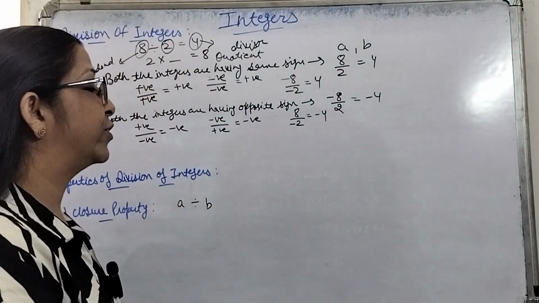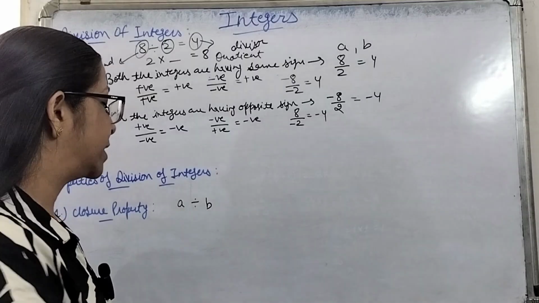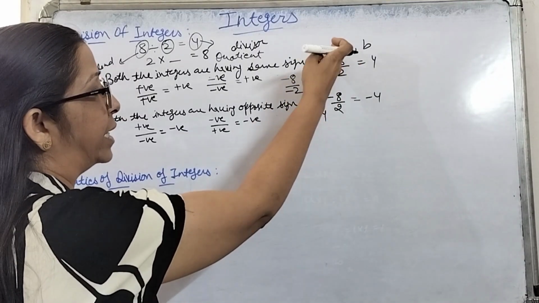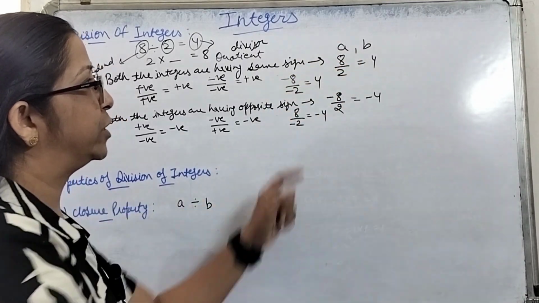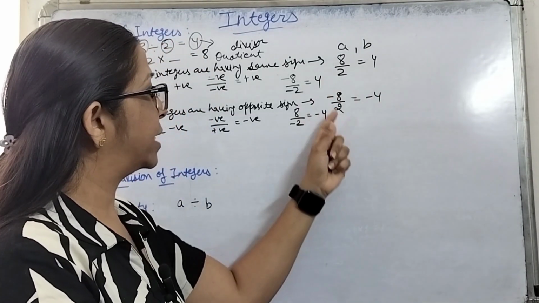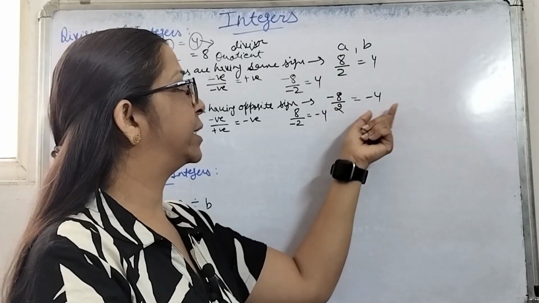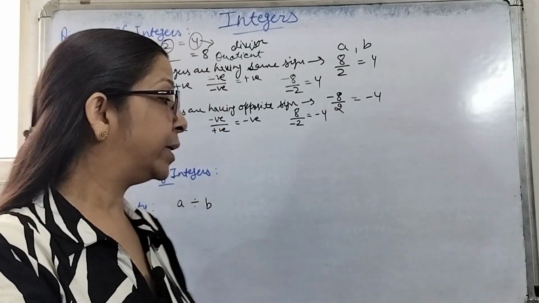In each and every case, it will not be so. Suppose we take 8 and 2, these two are integers, and we divide them, we get 4, which is an integer. In this case, it is minus 8 and 2, these two are integers, and dividing them we again get an integer. But suppose